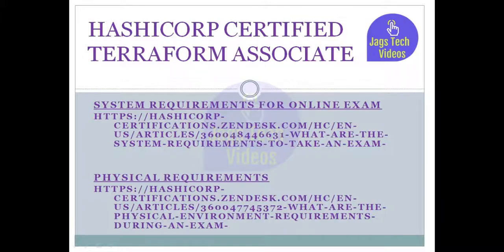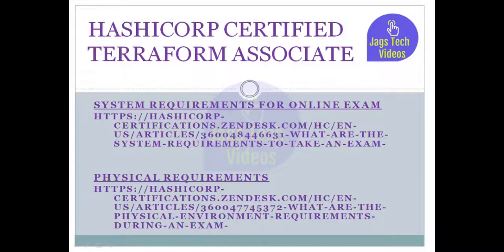You should have a camera; if it's a laptop, it will be better. You should have a mic always enabled so the proctor can hear whatever you are speaking, and you should also have a speaker. At first the proctor will ask you for a 360-degree view of the room, and then for a valid ID proof. The same name which you used to register for the exam, as per your GitHub account or something, should be there in your identity proof also. So just be careful with it.